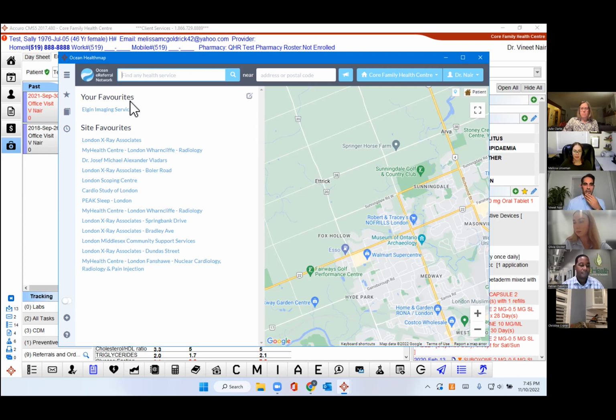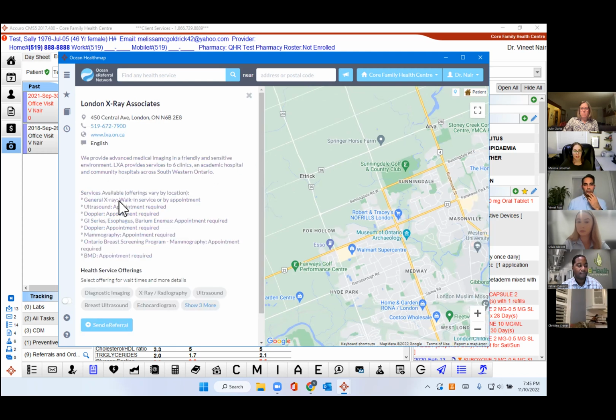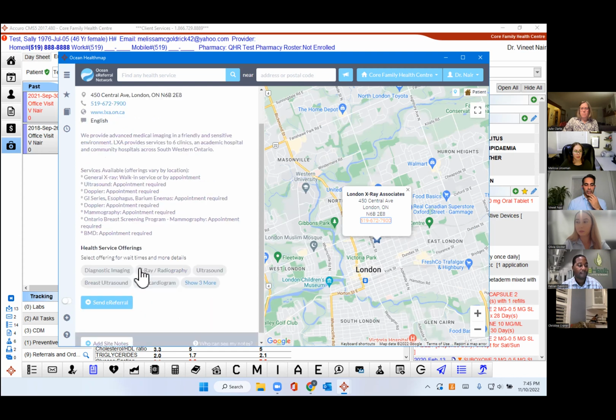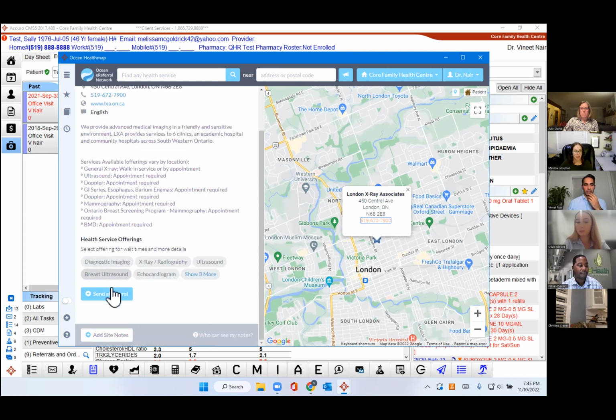We'll do an X-ray one to show what that looks like. This is on eReferral, not the eFax option, just a regular referral. Again, it shows what they have available, and if you look under something like ultrasound, it would tell us more specifically their wait times. So if I want to send an eReferral to this,